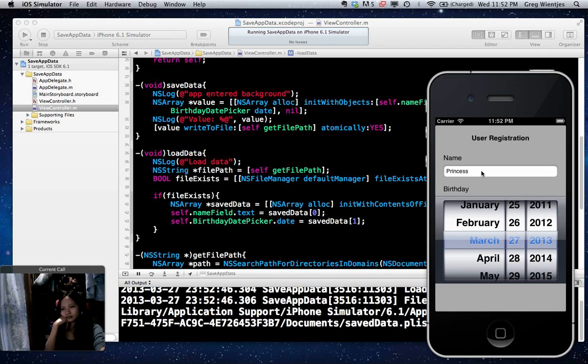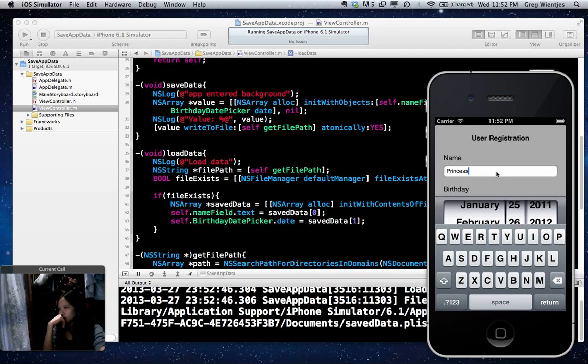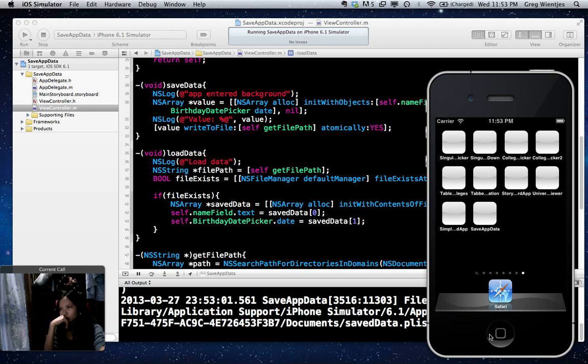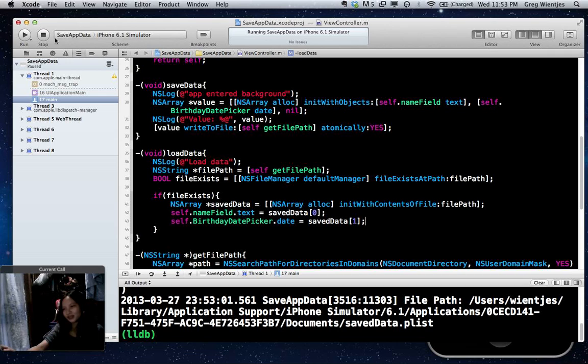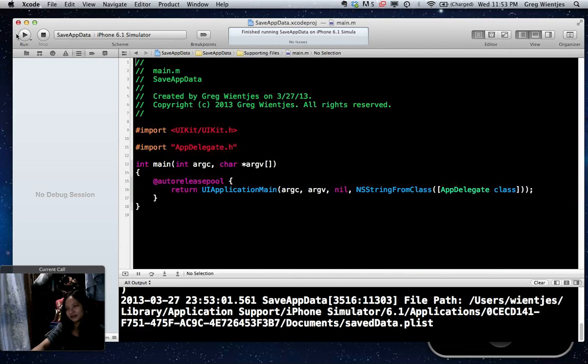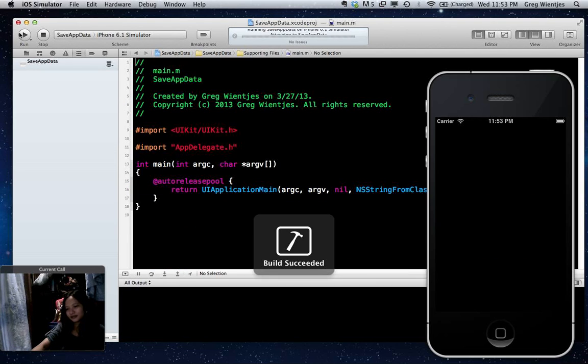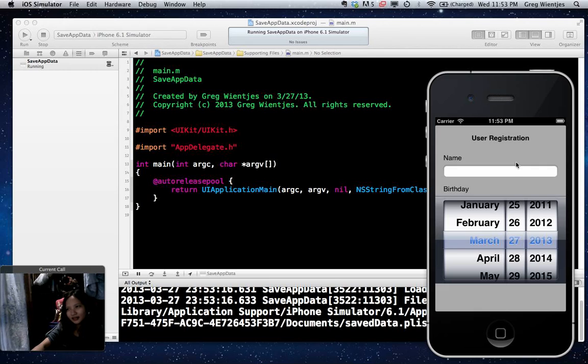Now let's see if this works. We can see it seems to have loaded up already with that princess. Let's maybe close it out entirely and then we'll restart. Oh, I think it had saved it from princess already. Okay, and we had cleared that out. So